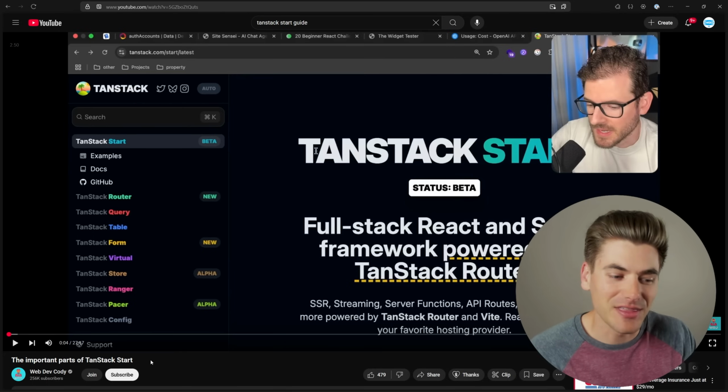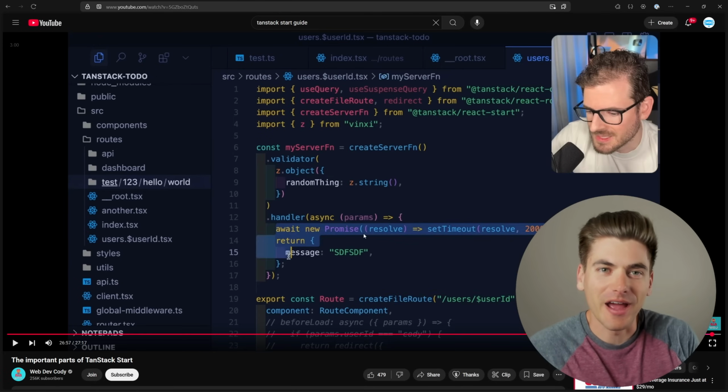But the really nice thing is I think this will cover exactly what I want, because based on the title, it's the important parts of Tanstack Start, and based on the content WebDev Cody does, I know that this is probably going to fulfill the needs I want of explaining just the things that I care about and how they work in Tanstack Start. So I just finished watching through this video, and I have to say I actually really